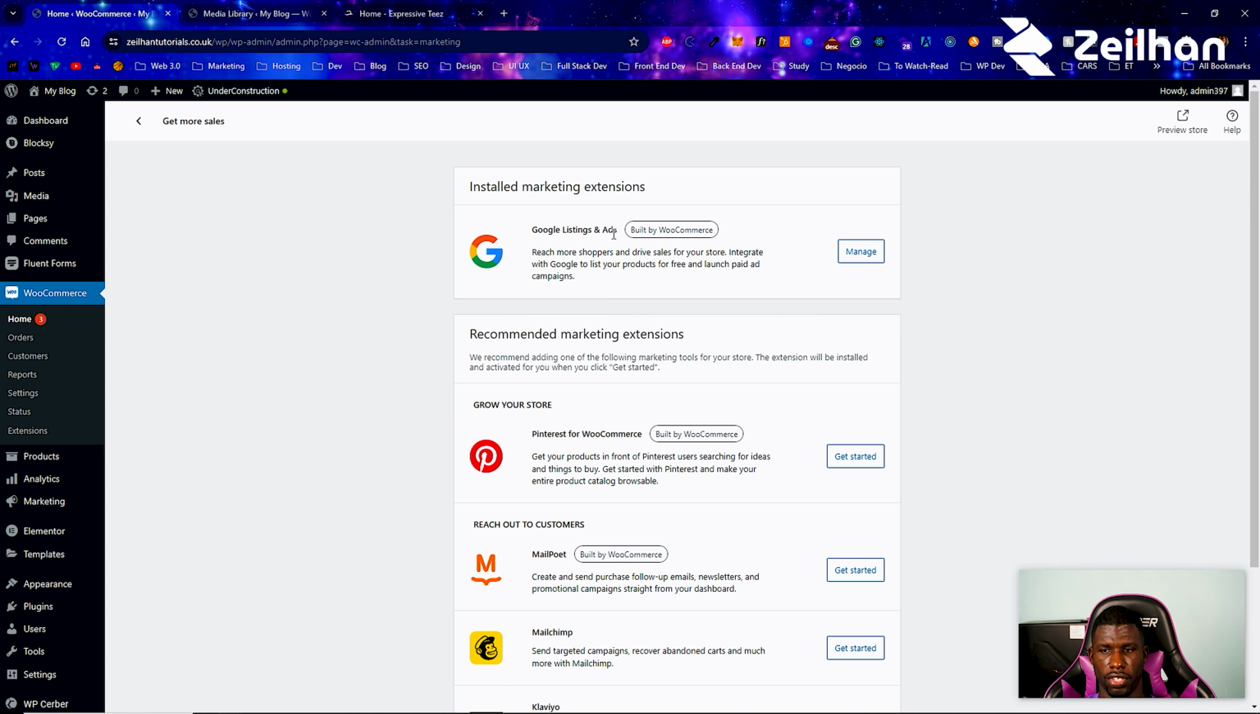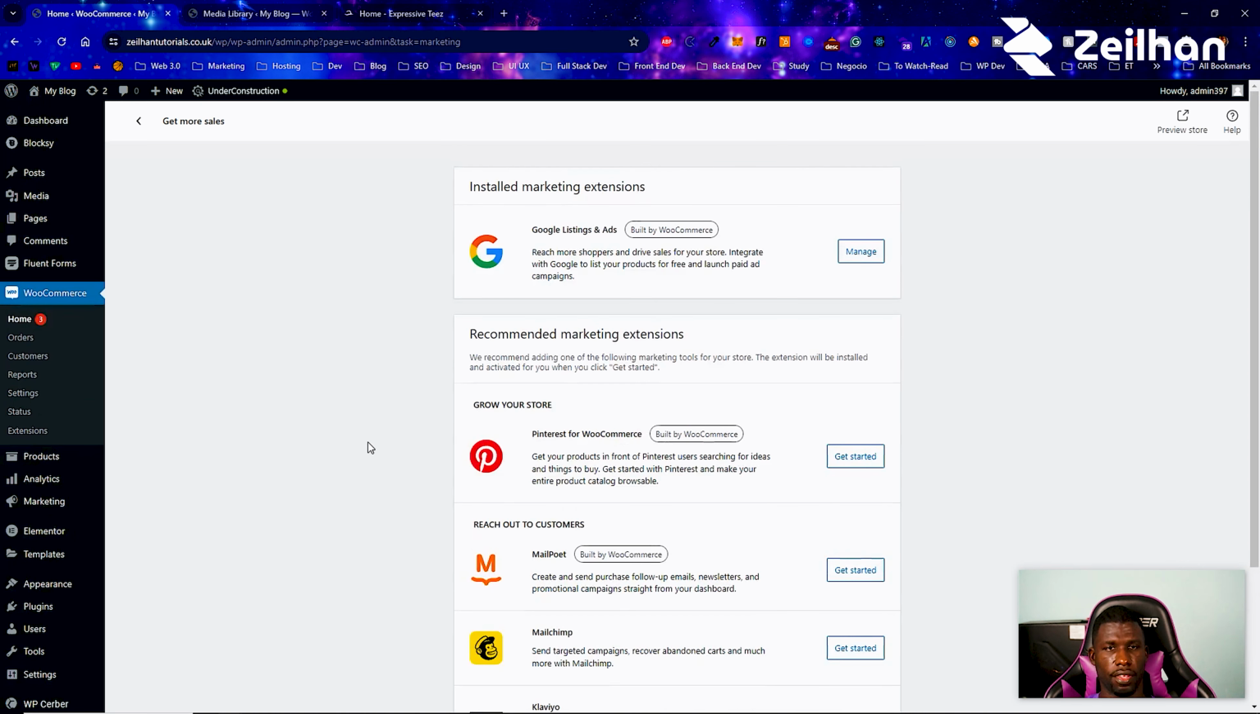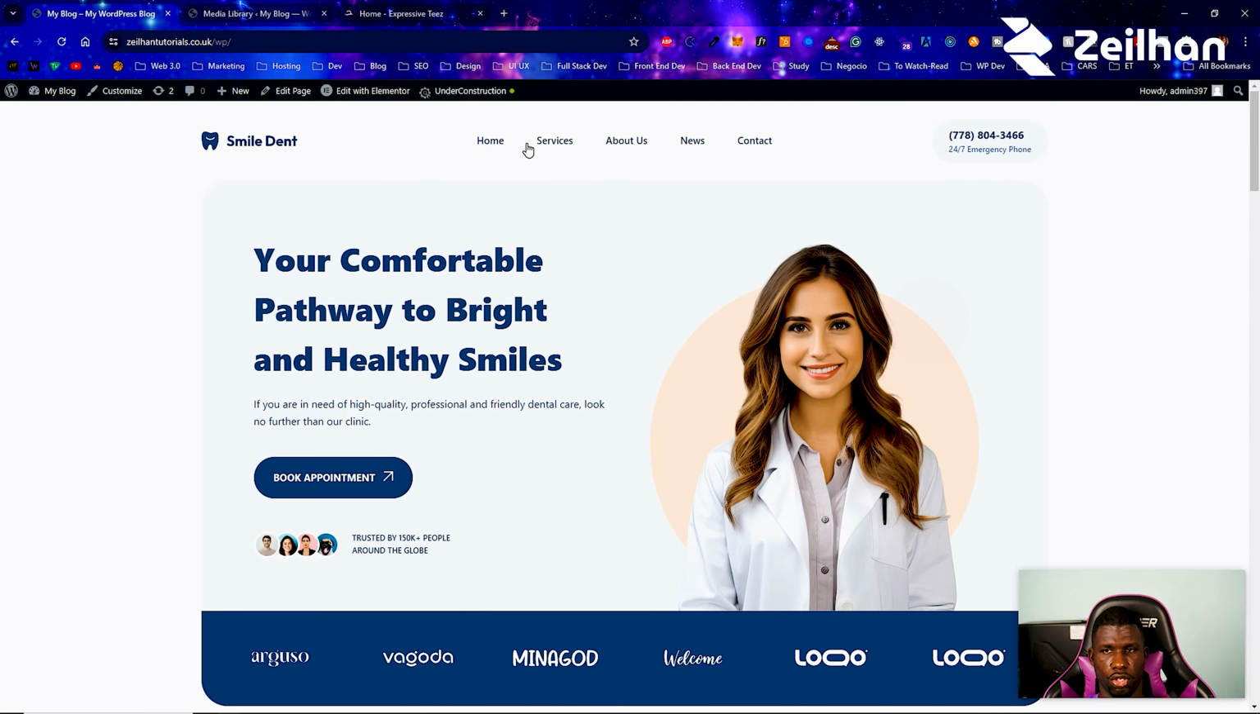We're going to have Google listings and ads. And I explained this already. We're going to add MailChimp towards the end of the tutorial. And ClearView is also pretty good. The thing I want you guys to notice is once we go to the visit site, something interesting, we don't